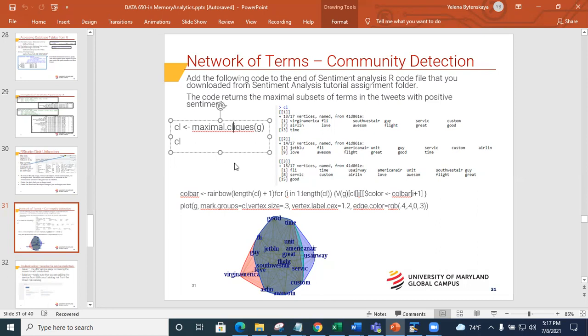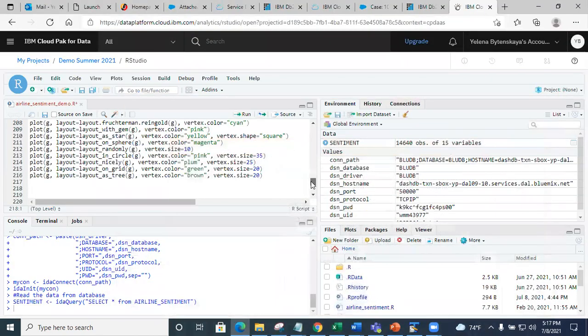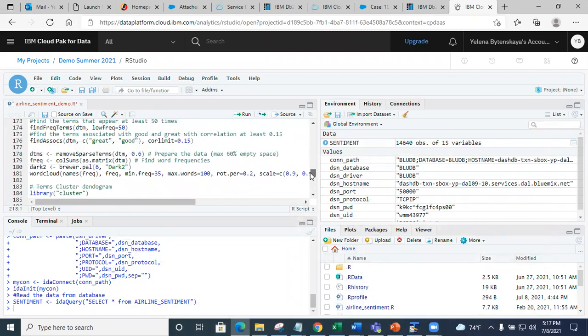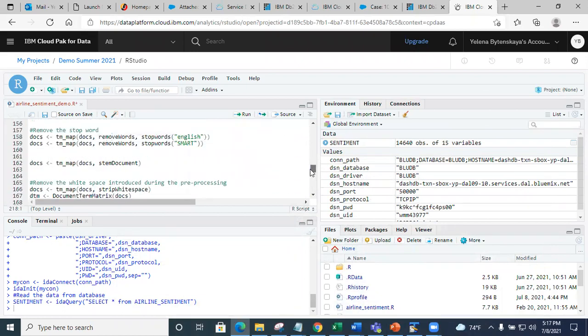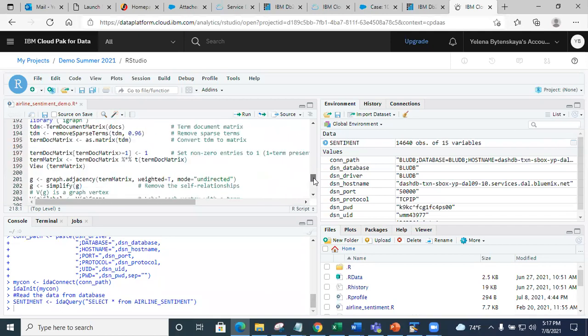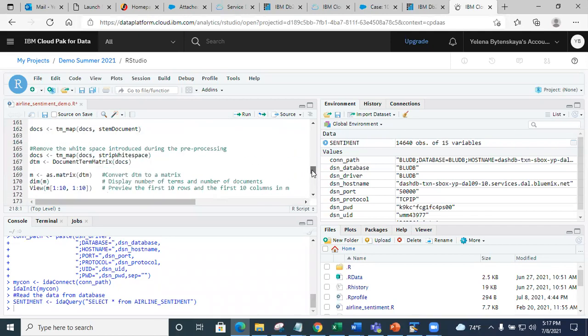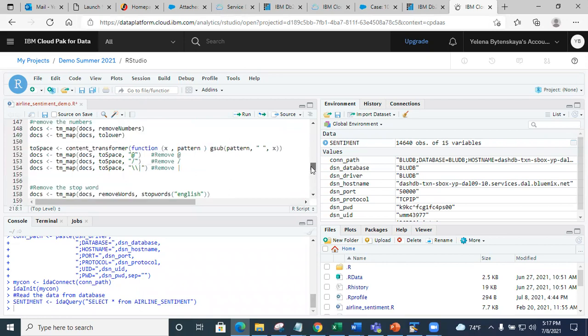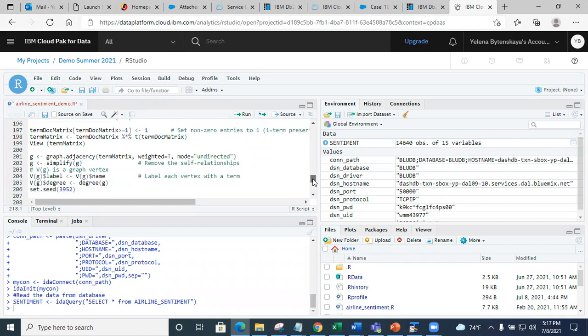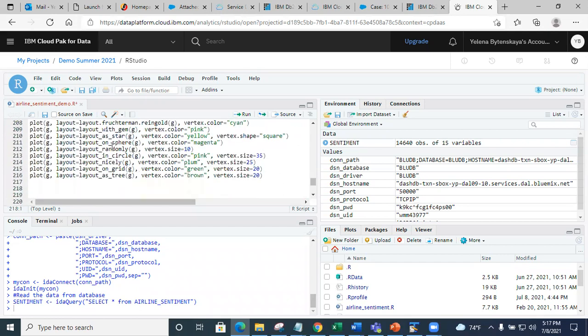So in the code that is given to you, it's pulling the positive feedback from the data and making this graph, right? It's doing some data pre-processing, like removing the special characters, etc. And here, it's going to produce this plot, and it's looking at different layouts.